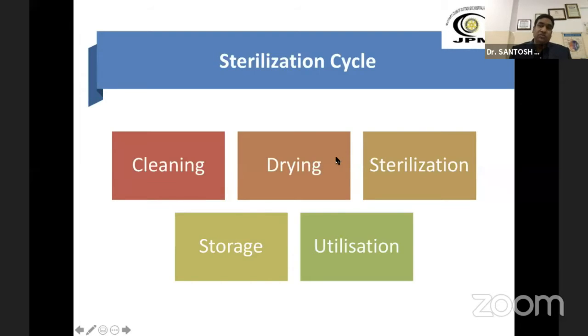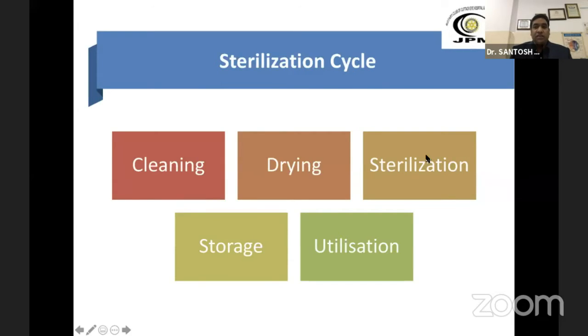This drying also applies not only to the instruments, but also to all the surfaces in the OT, including floors, tables, and trolleys, etc. And third step is sterilization, where you need to pack the instruments properly and then go for